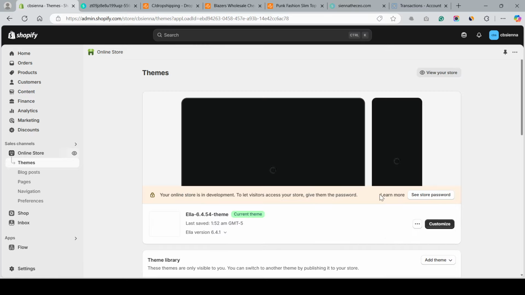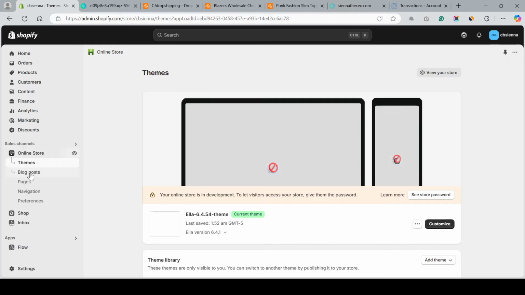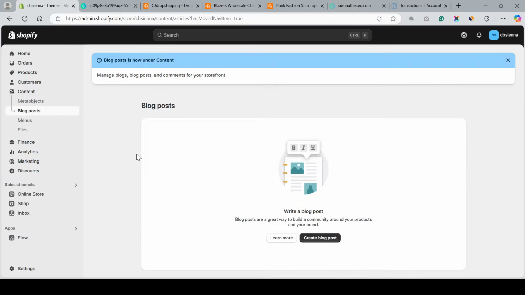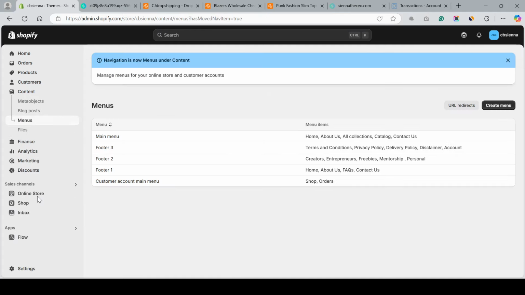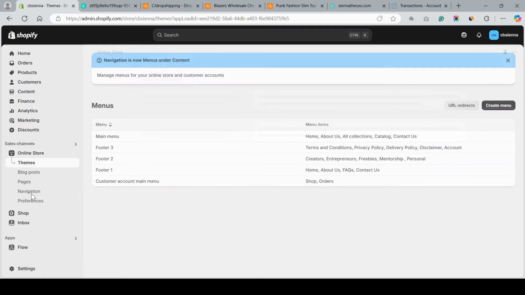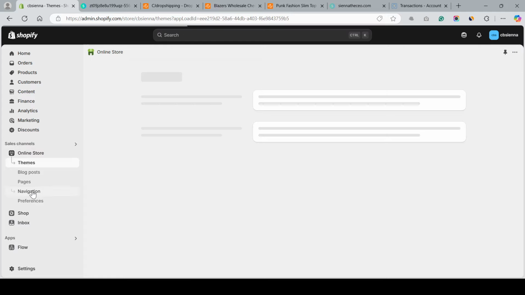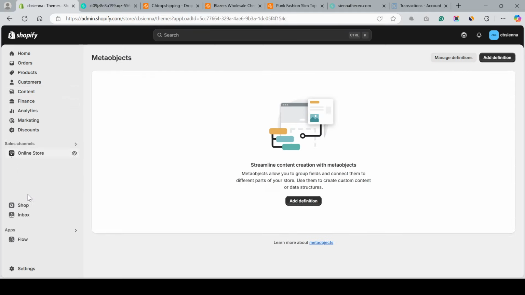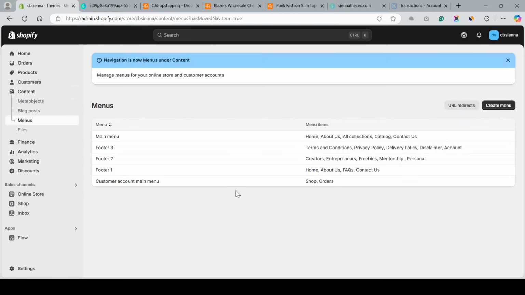Okay, through customize. Blog post, we can add blog here, and navigation, all the menu, create menu, and you can manage everything here. So it is being redirected to menu. Okay, so don't be confused. So this is a navigation page,